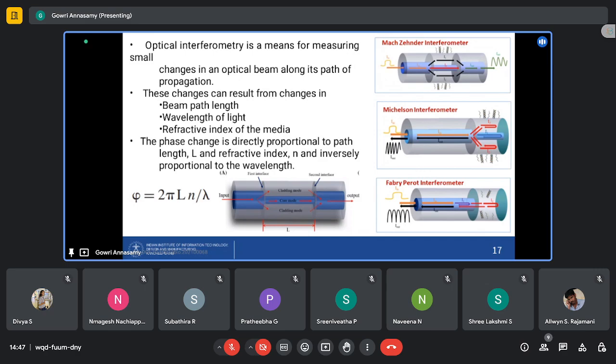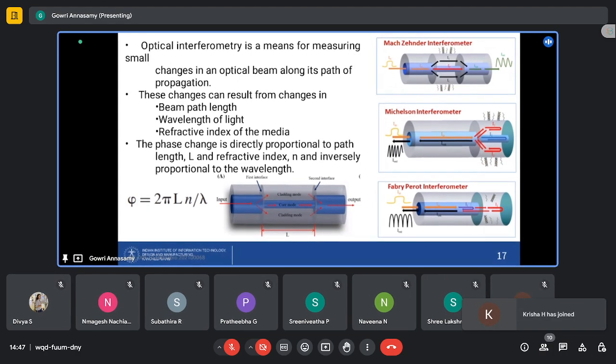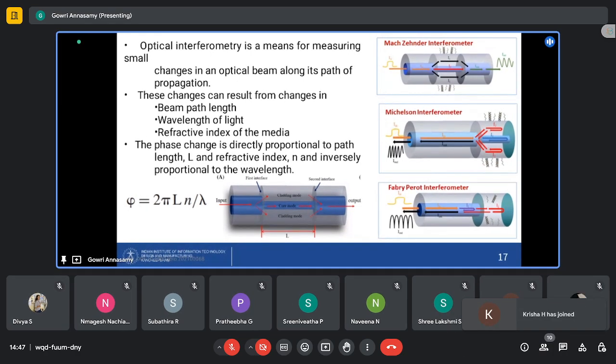So you could see the changes in the phases. Here the input light is represented by the yellow color, and here you could see the green color, which changes in the phase of the output light. Why? Because of the distance between the first interface and second interface, where we have coated some bioreceptors. Those thread-like structures represent the bioreceptors or the analyte being introduced here, due to which it created